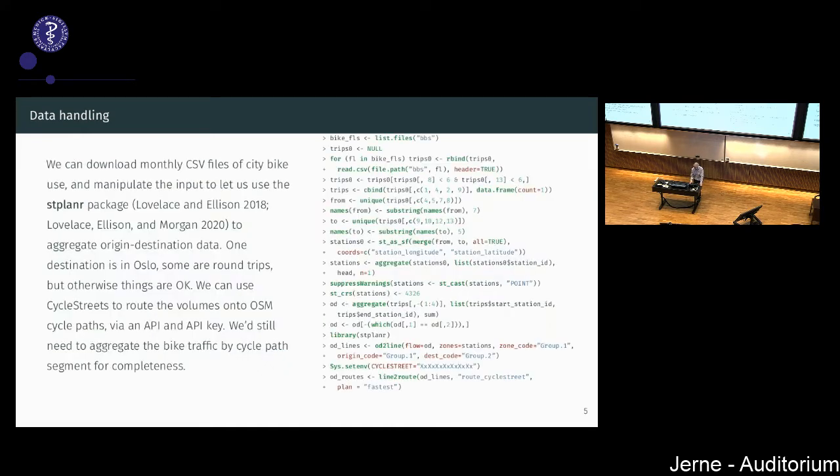Actually, if you looked at the data in a little bit more careful way, you'd see that the data are simply recording where the bike was checked out and where the bike was checked in. We don't actually know where it went, but we know that it must have gone at least from this point to this point, but we don't know whether it went by a circular route. And we can't show an origin-destination line for bikes which were checked out of and checked into the same station, so those are dropped out.